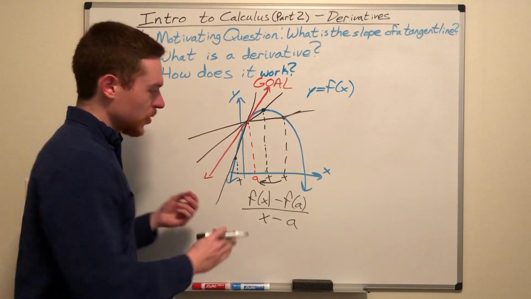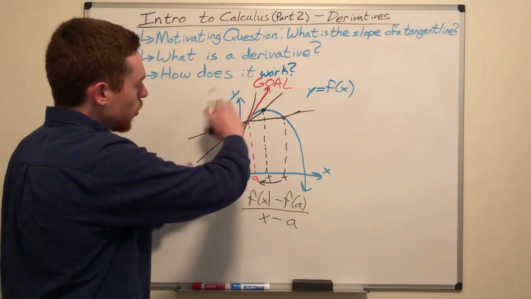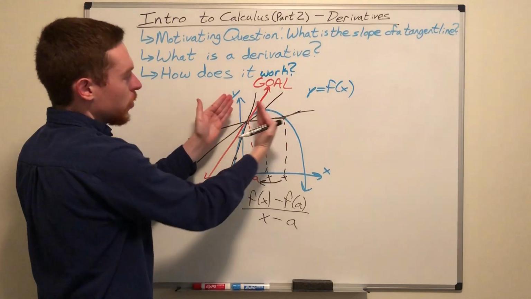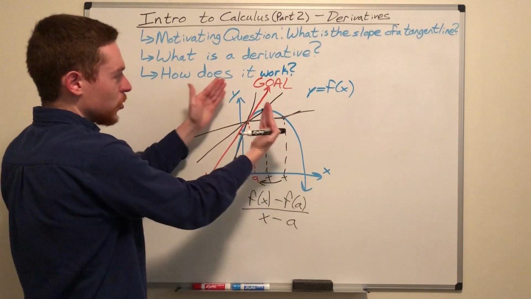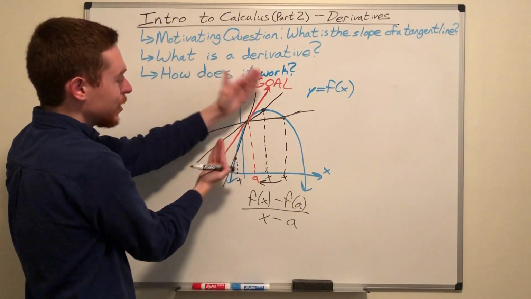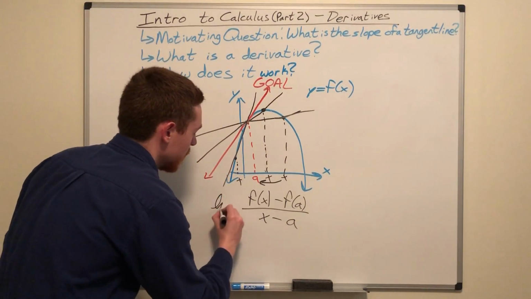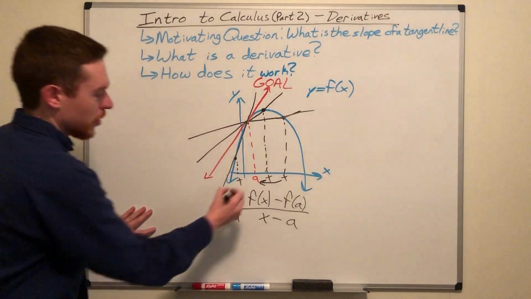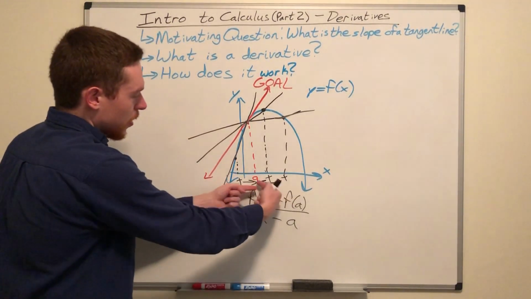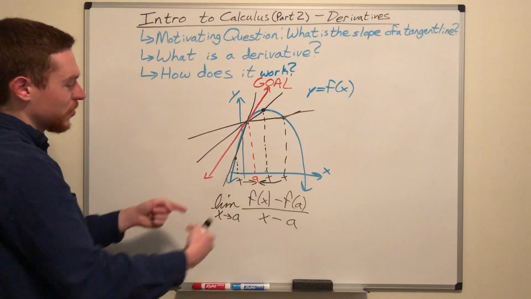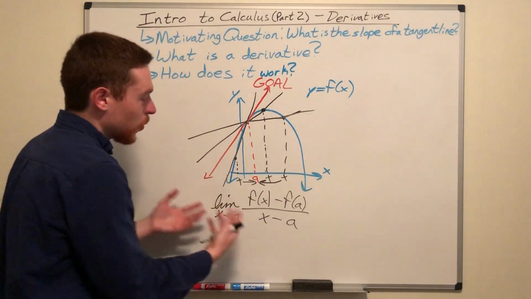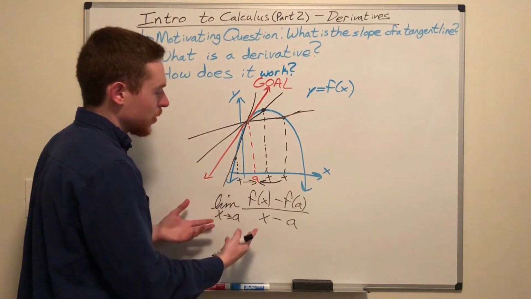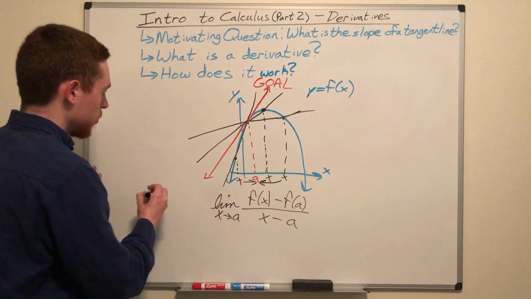Does that make sense? And so just using this picture as motivation of like, hey, I want to use the secant lines that I understand to approximate the tangent line that I don't understand. And so we take the limit as our x values approach our favorite number. Oh, I meant to draw an arrow here, right? Because they're approaching it from the right, approaching it from the left, and that gives us what we're going to call the slope of the tangent line. And not only does it give us the slope of the tangent line, this is what we're going to call the derivative